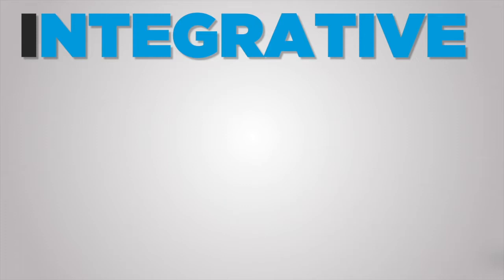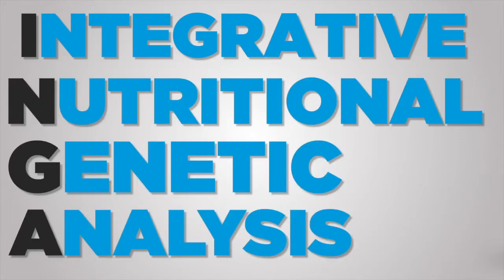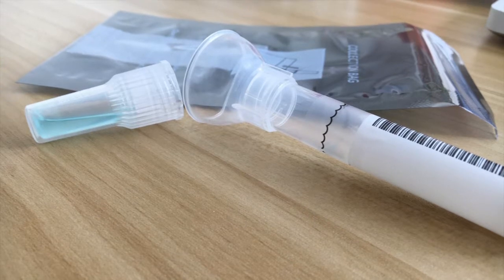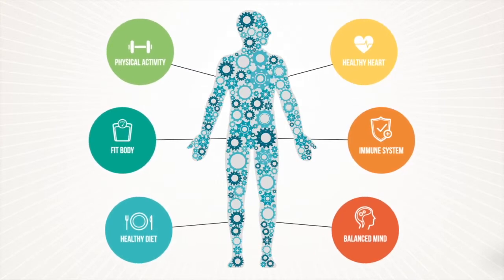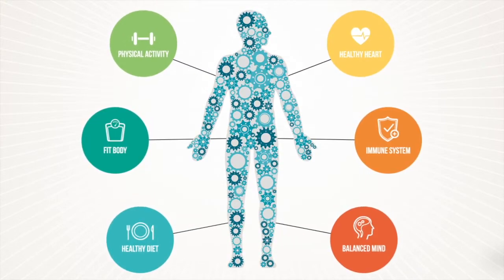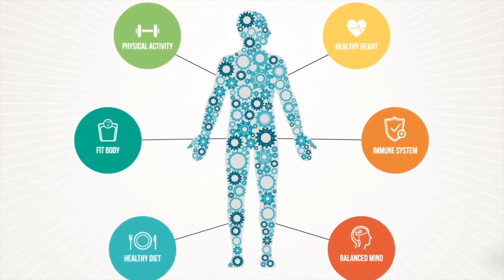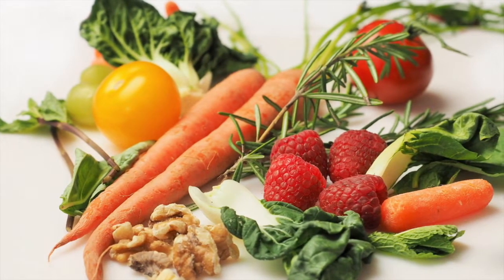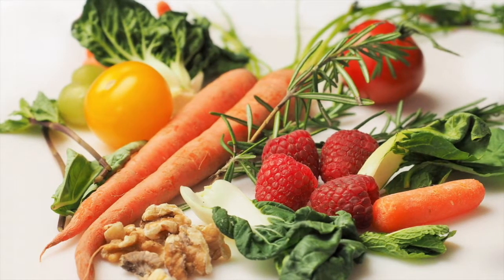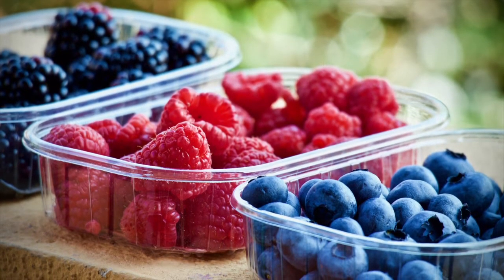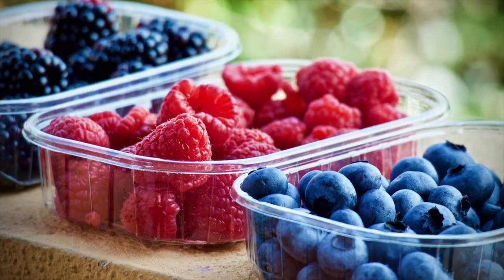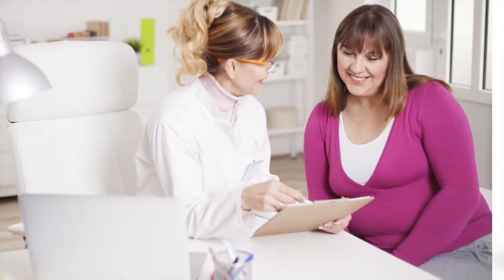Let us start with the Integrative Nutritional Genetic Analysis, INGA Test, which was inspired by the need to understand DNA with regards to human health and nutrition. With the INGA test, it is possible to find out the most beneficial enzymes in your body and how to best use them to improve your health. By identifying the different SNPs in your gene, all dietary inconsistencies, if any, will be revealed. Also, if you have an insufficient amount of nutrients or antioxidants or none at all, this test will also make this apparent. The dietary inconsistencies, if any, can be easily solved by creating a personalized nutrition protocol for the patient